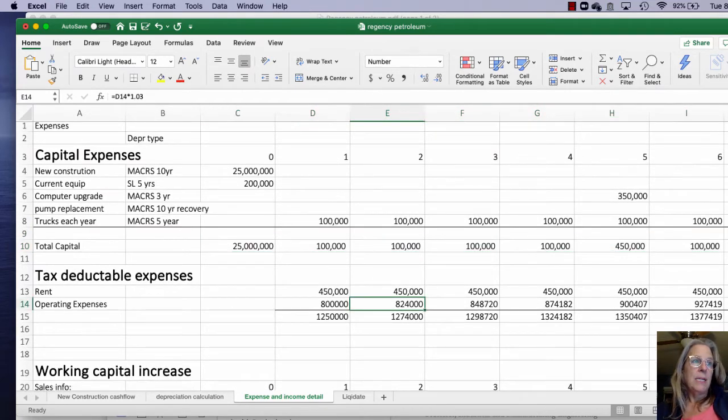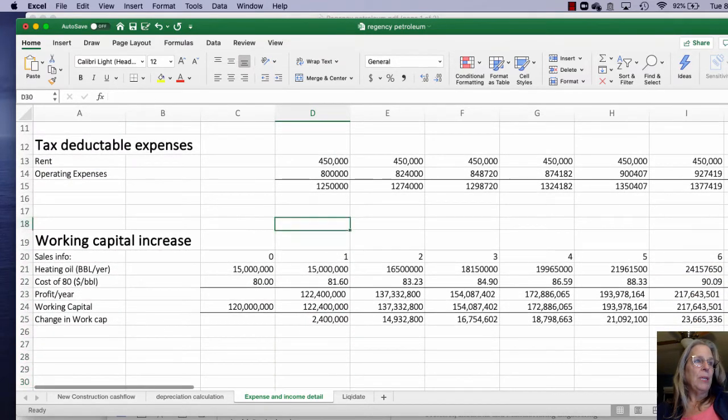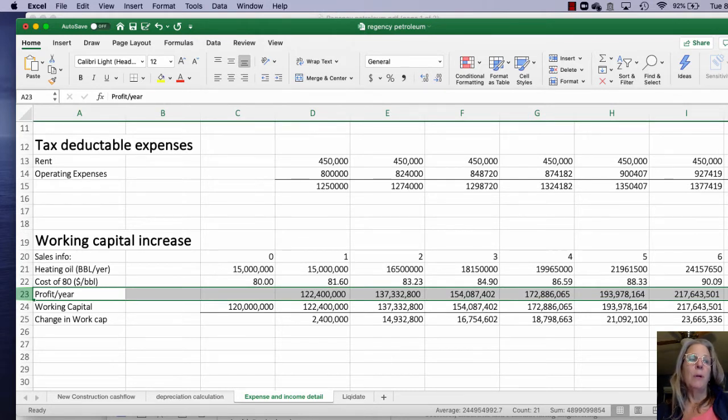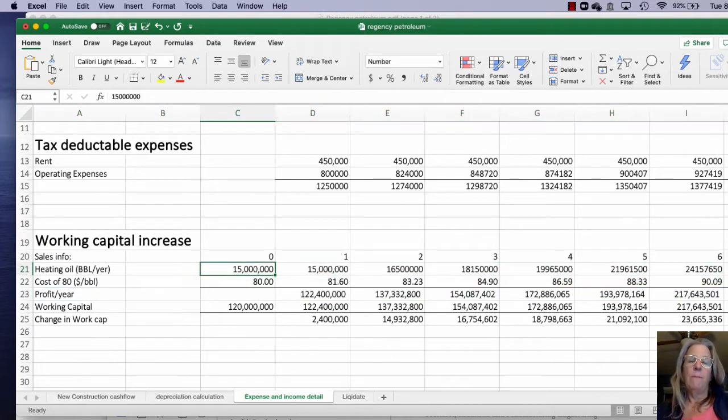The other thing is they tell us there's rent, and then there's operating expense, which adds up to the total tax deductible expenses. Then when we look at working capital, one of the most important things we need to calculate here is the profit per year, because they said that they're going to sell 15 million barrels and it'll be $80 a barrel, and then that'll increase at 2% along the way, and then the 15 million barrel